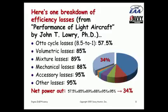In fact, I know that there are quite a lot of tricked out Lycoming engines flying around in the experimental community that were built with pistons that bring the compression ratio up to 10.5 or up to 10 to 1, and produce more power that way by reducing Otto cycle losses. But in my view, it's really not a safe thing to do, because what you're doing to get that extra horsepower is you're eating into your detonation margin. And the likelihood of having a catastrophic detonation event on takeoff is much greater if you build an engine with 10.5 to 1 pistons than if you limit it to 8.5 to 1, which is as high as the FAA